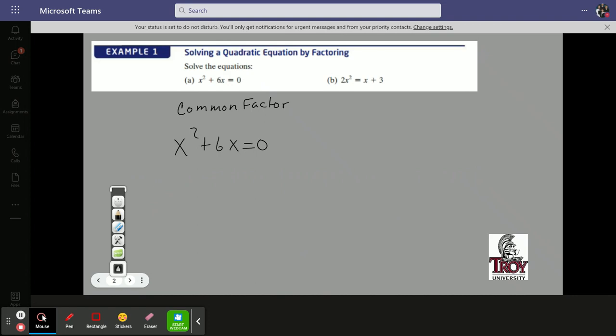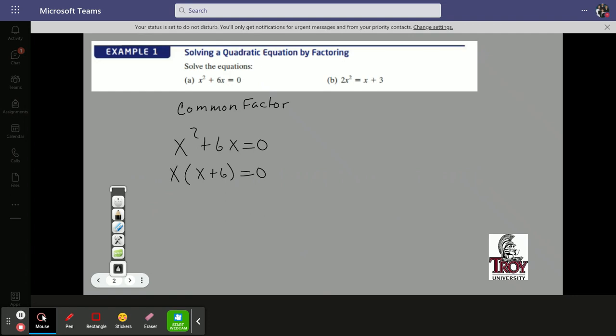Always, always, always look for that common factor because you can simplify it out. So the only thing that I can factor out of this quadratic is the X. And that's going to leave me with X times X plus 6